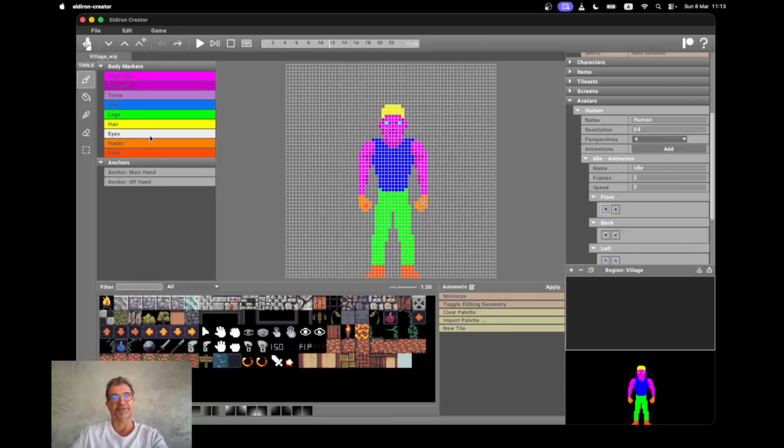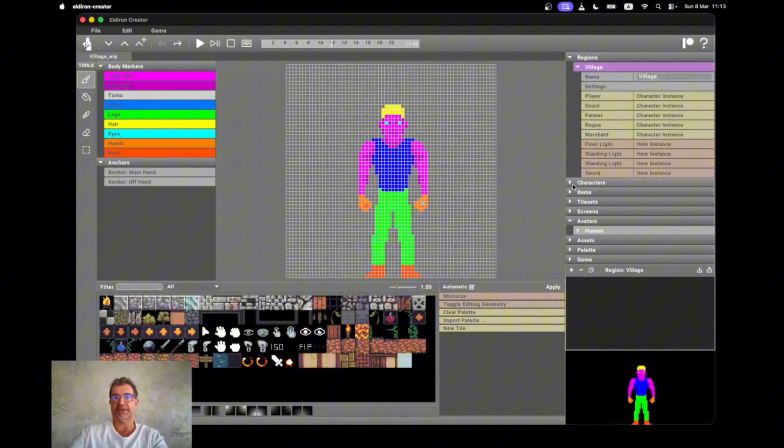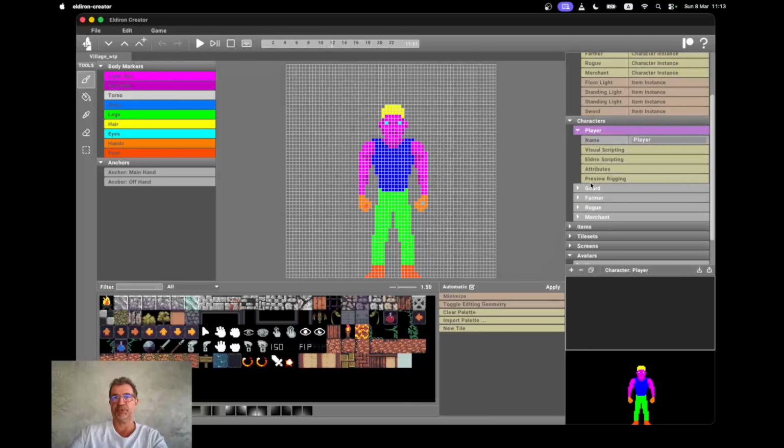So characters can override these colors, but also items can do it. So you have a starting look for the character with your attributes, and then equipped items can change that. So if we go here to the character, the player character, he has a